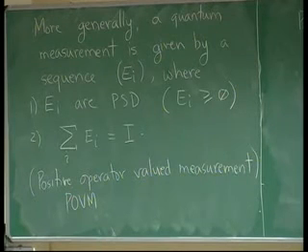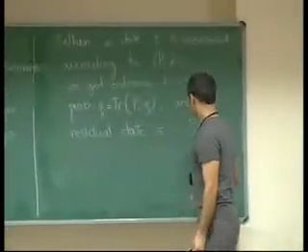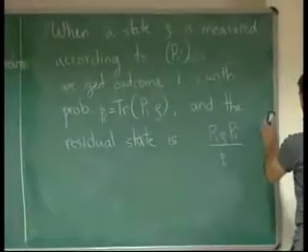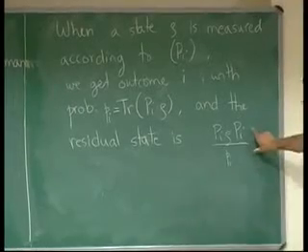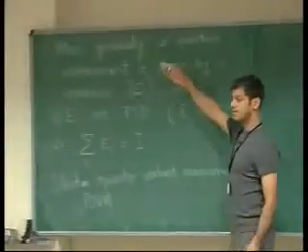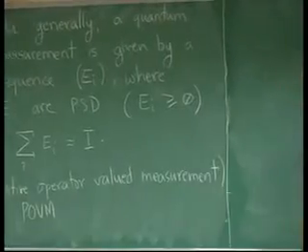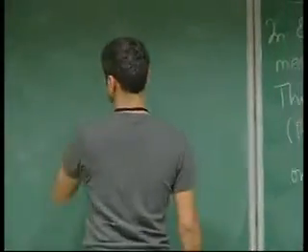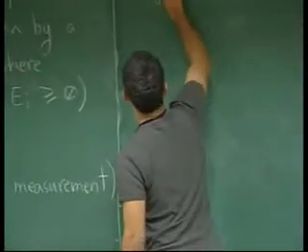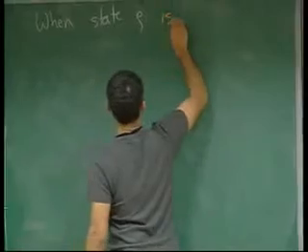Now, the action of a POVM is quite similar to that of an orthogonal projection out here. The only difference is that there is no way to tell what the residual state is unless you know how this measurement has been implemented: what the underlying unitary operation is and what the corresponding von Neumann measurement that followed the unitary was. So when state rho is measured according to